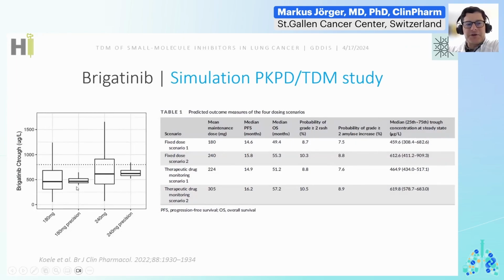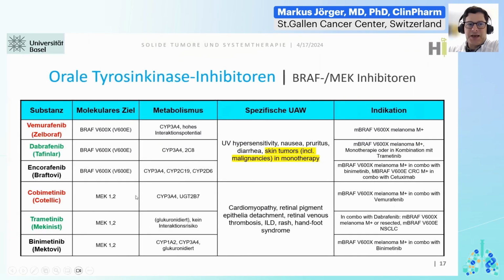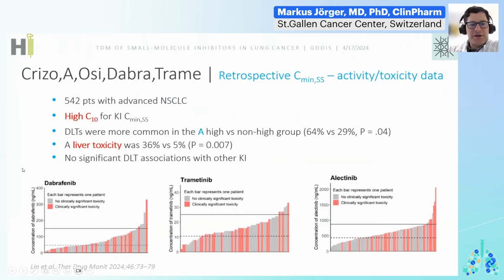Here you can see that if you apply TDM again in simulations, not unexpectedly, you see that the variability decreases. And lastly, just to touch very briefly, of course, there is not a non-important subgroup with BRAF mutations in NSCLC, where there is an indication, at least in our country, for I think only dabrafenib and trametinib. There is not a lot of data, but